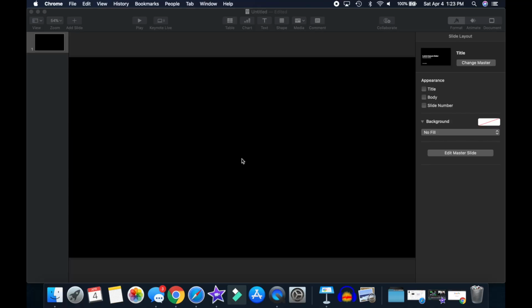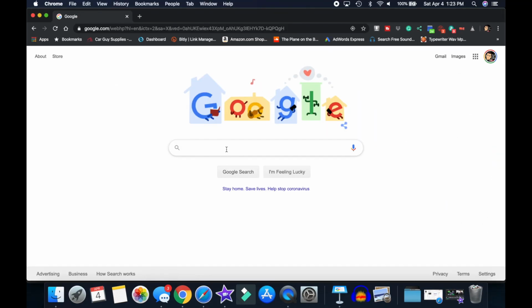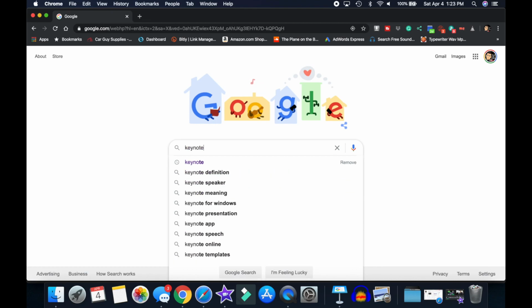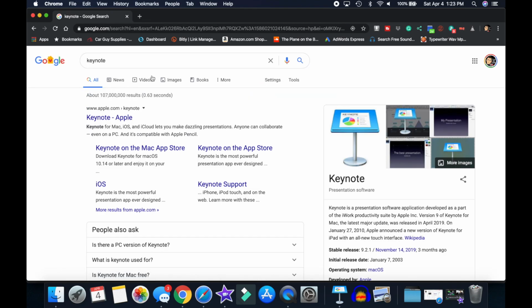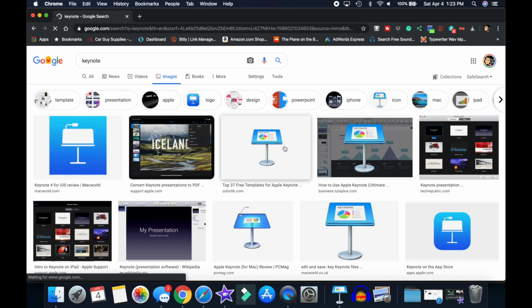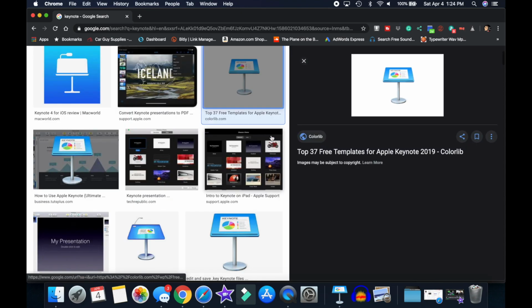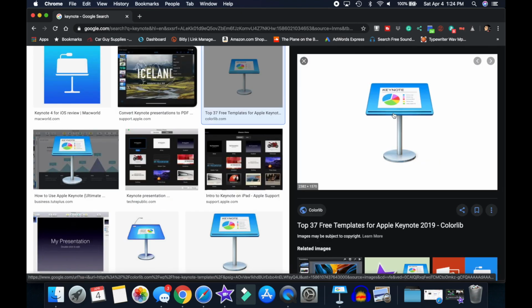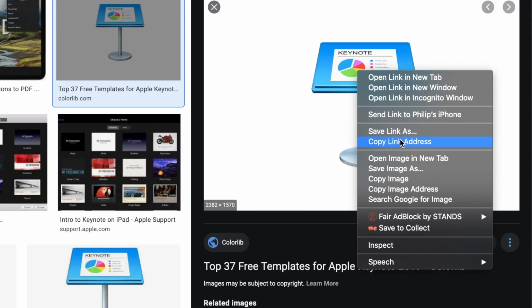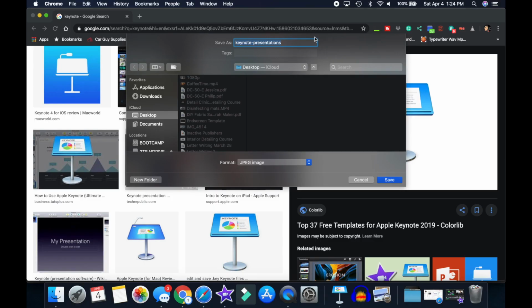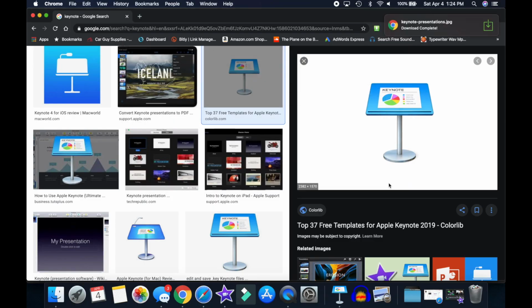So let's find an image, and we're going to go to our browser. We're going to type in Keynote, and what I'm going to do is search for an image, and what I want to look for is that little object right there. That is the picture that I want to use. So let's just click into that, and what we can do is simply do a screen grab from here. So if you're using your MacBook Pro, tap down on two fingers and it'll bring up the options, save image as. Now it'll save it here to my desktop, and you'll notice here that this background may not be transparent,